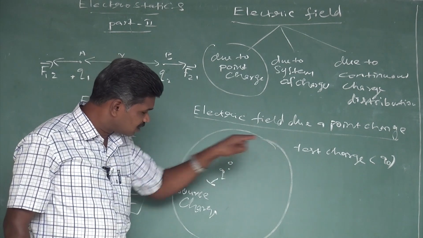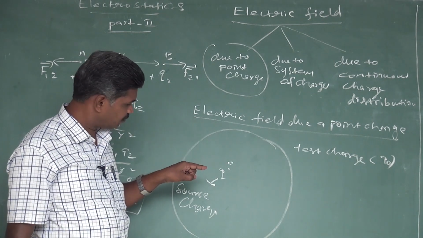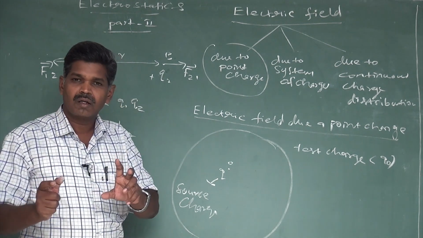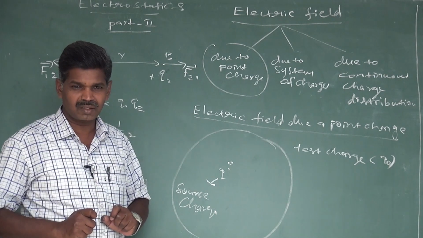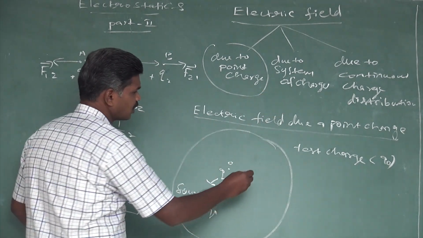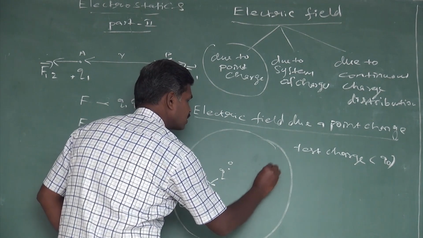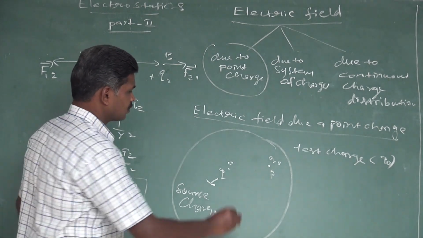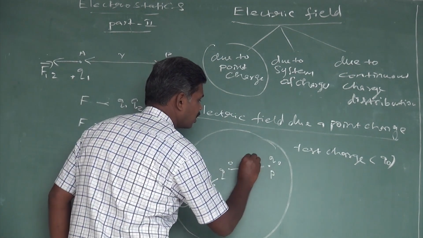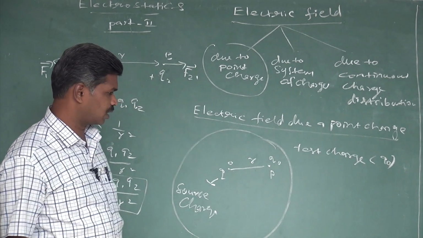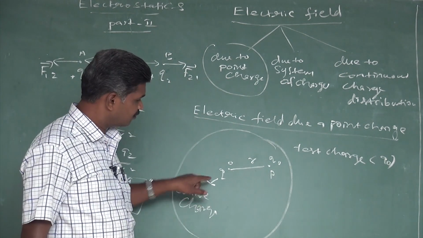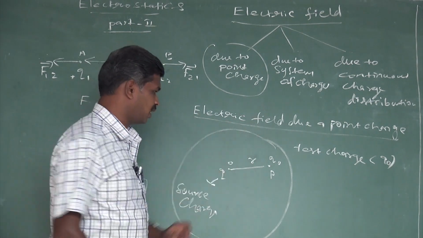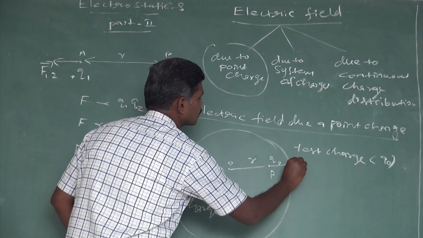Suppose our test charge is a unit positive charge, and our source charge is positive. Positive and positive make repulsion, and repulsion means moving away. Suppose I place the test charge at a point P, at distance r from our source charge. Along the line joining them, our charge exerts a force that makes it move away. Then the force is acting in this direction.